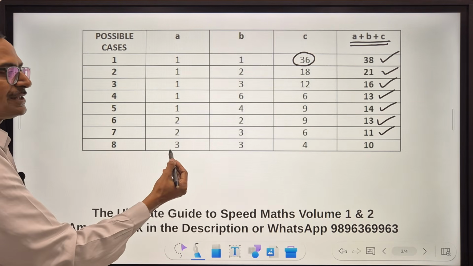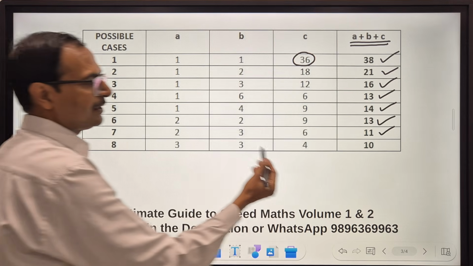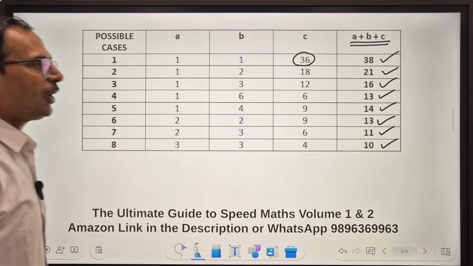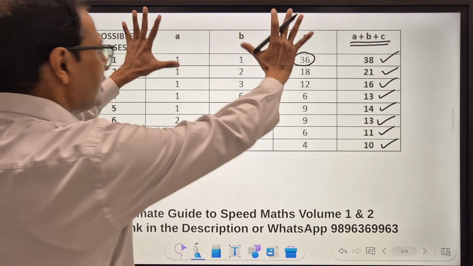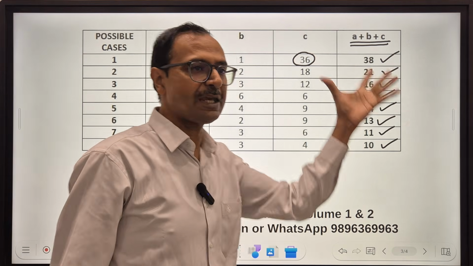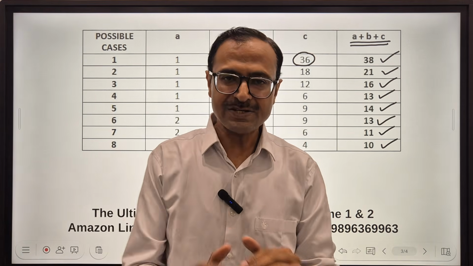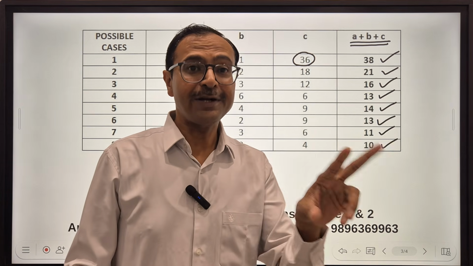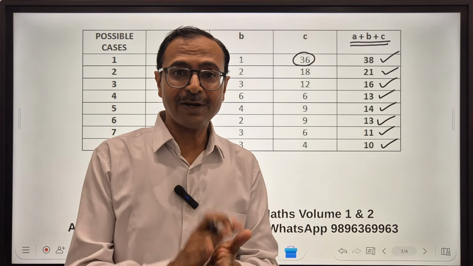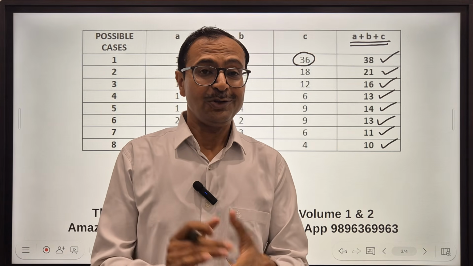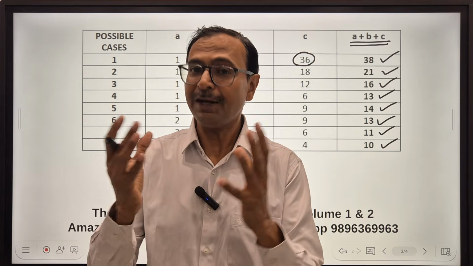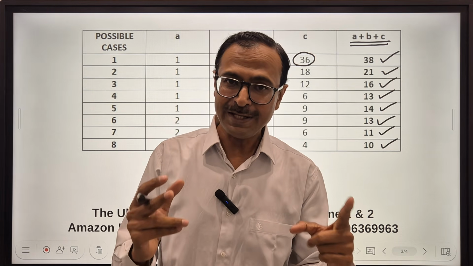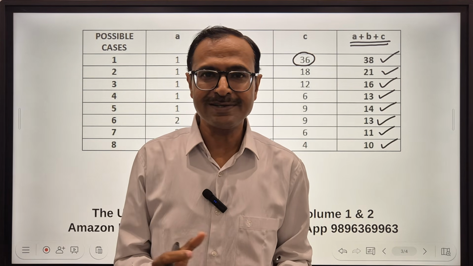And finally 4, 3, 3 is the last possibility, sum is 10. Now out of all the 8 cases he listed down, obviously he cannot conclude the ages based on the product being 36. Now what did he do? He counted the chairs, and after counting the chairs, he said you have not given me sufficient information. That means when he counted the chairs